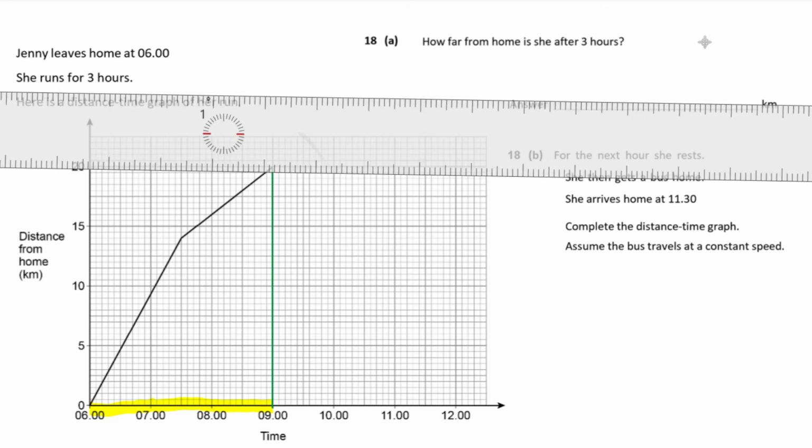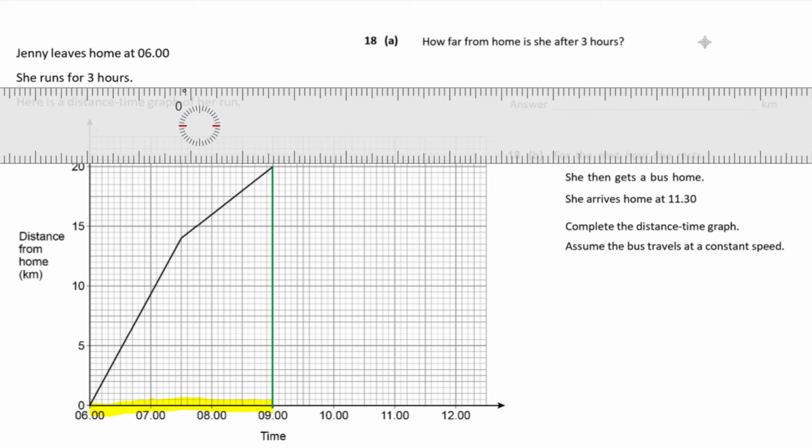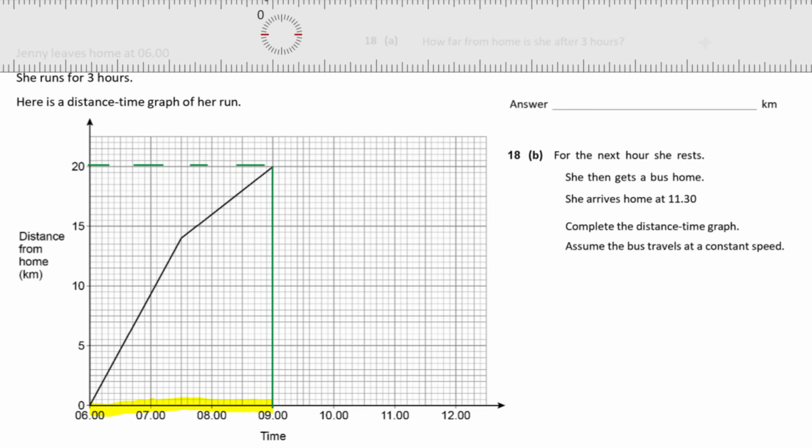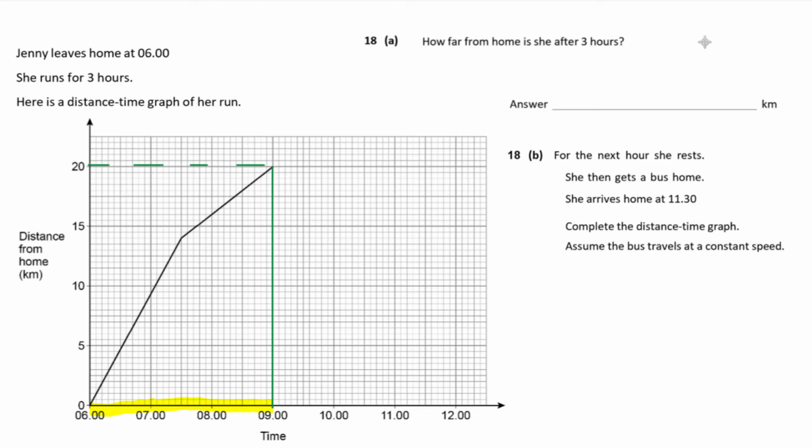Okay, and then you can see at that time she's 20 kilometers from home, isn't she? Okay, that's 20 kilometers there. So how far from home is she after 3 hours? 20 kilometers. Okay, now part B: for the next hour she rests, then she gets on a bus home and